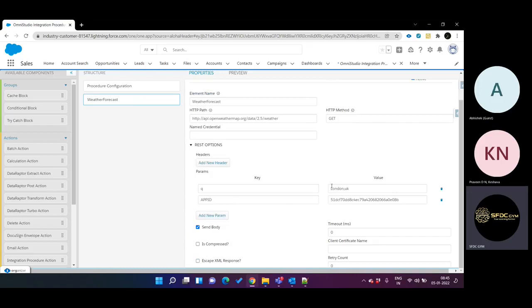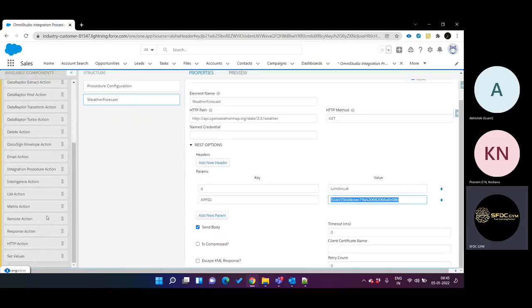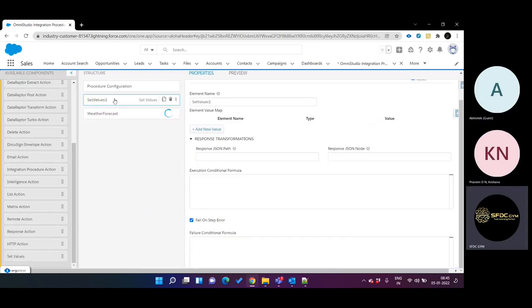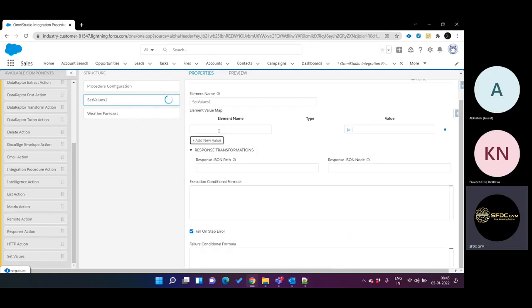Next thing is we hard coded this location thing and the API key, but in general we will not hard code this. The best practice is you need to use the set values here. We will first define set values. Inside set values we will add a name, let's say city,